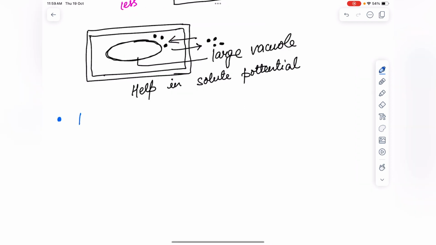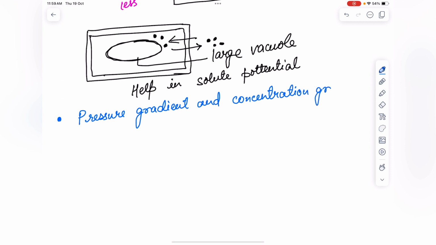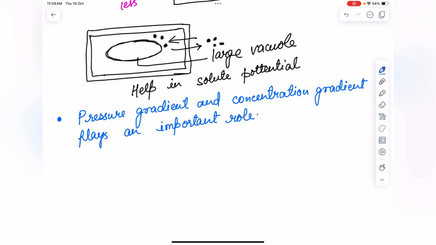The pressure gradient and the concentration gradient play an important role for the net direction and the rate of osmosis. This will help in that. When the water moves from its higher region to the lower region, what will happen? Until the